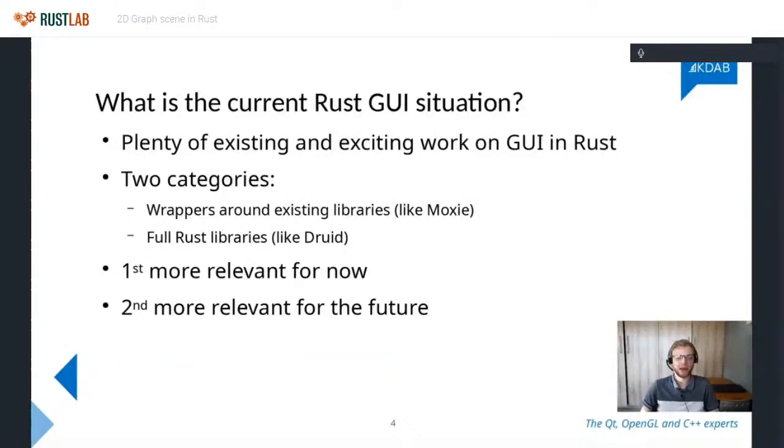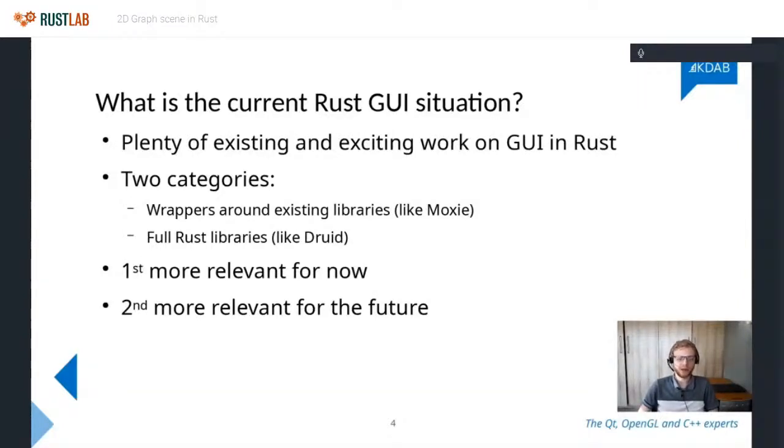if you're in the market to get a GUI right now. I wouldn't actually use Moxie, which I've listed here, as that is still very far from production ready. I'm not aware of any of these Rust libraries which try to be backend agnostic which are production ready. So you're going to have to go for one of those which are very much explicit about what backend they use, and they force you to be aware of that. But as I said, that's the only way right now with little effort that you can get a stable GUI. And then I think the full Rust libraries right now are very, very far from being production ready.